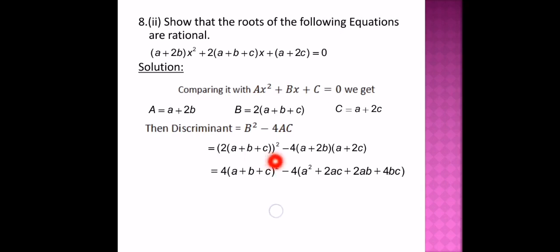Since we know that this term a plus b plus c whole square has its own expansion, which is a square plus b square plus c square plus 2ab plus 2bc plus 2ca. So we have expanded it by using its formula, that is a plus b plus c whole square is equal to a square plus b square plus c square plus 2ab plus 2bc plus 2ca. After multiplying 4 to the terms inside the bracket, we get 4a square plus 4b square plus 4c square plus 8ab plus 8bc plus 8ca minus 4a square minus 8ac minus